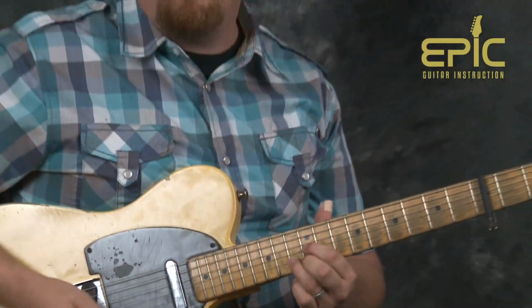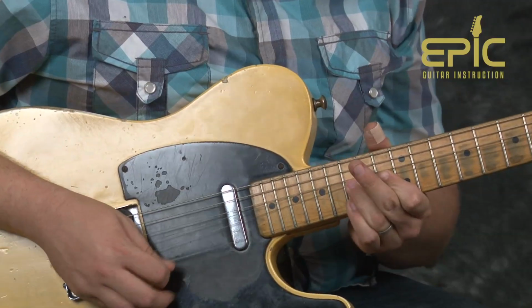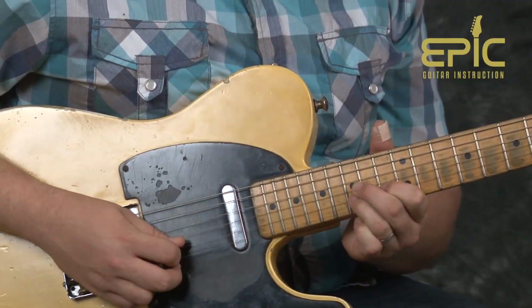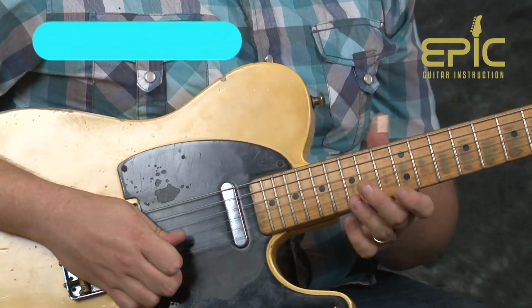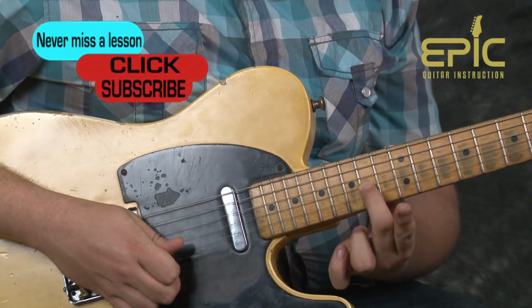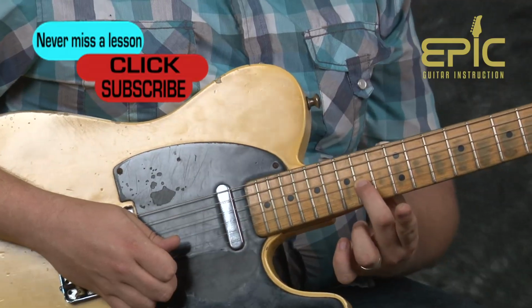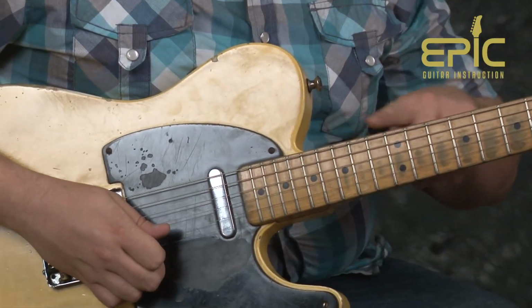And now finally our 4th part. So our 4th section of our solo here finds us sliding into the 14th fret. And by the way, I should mention when I'm capoed here and I get this far up the neck, I'm